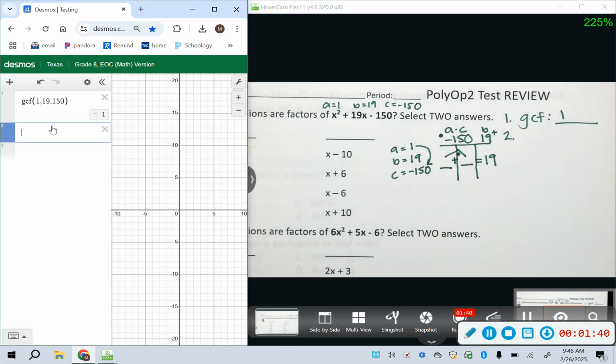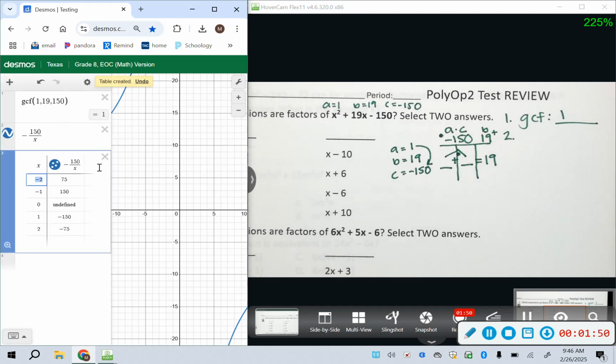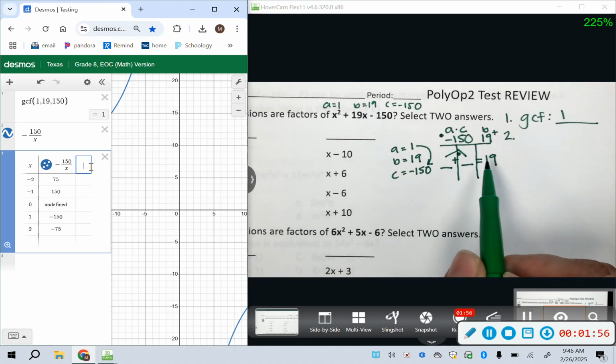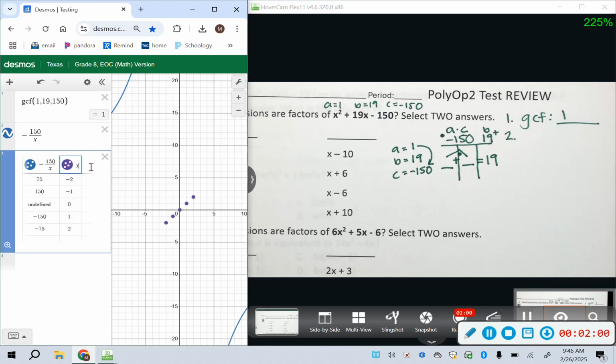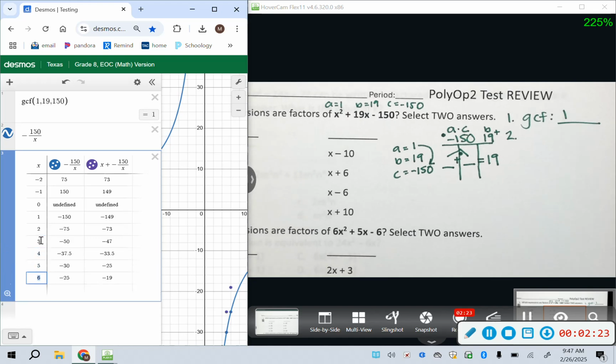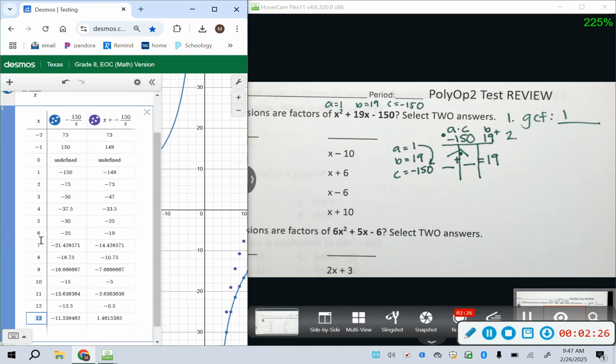So we can do the calculator trick. So remember, I'm going to type my A times C, which is negative 150, divide X, because that's going to help me find my factors, settings, table. And then in our third column, we're looking for what the first column plus the second column equal. So X plus negative 150 divide X, because remember, we're adding column 1 plus column 2 equals this. So that's what we're doing. Top of this one plus top of this one equals this. So I'm looking for B, which is 19, in this third column. So I'm just going to type 3, and I'm going to keep going. Well, there's negative 19, so let's keep going. There's going to be a positive 19,